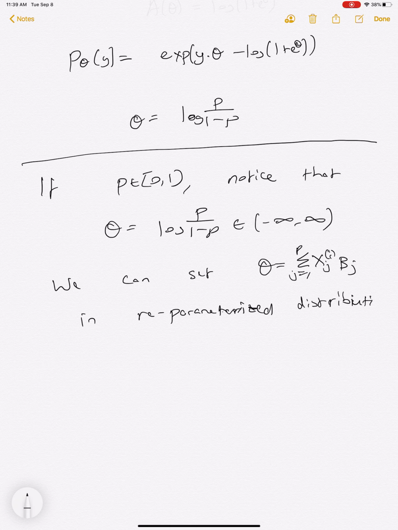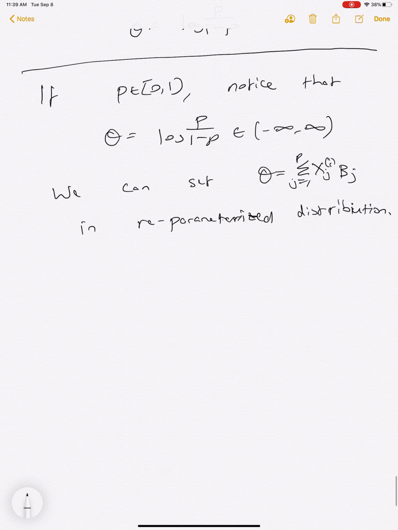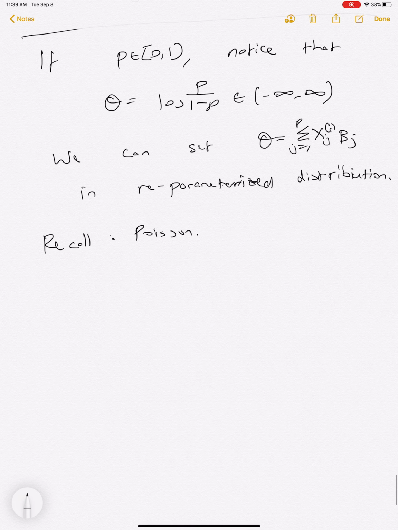Okay, and the absolute last thing I'll say here, and we'll go into this in a lot more detail in the next lecture, is that we'll go back to the Poisson example and see if the same thing happens there. So if we look at it in terms of lambda, we get e to the negative lambda, but then if you look at it in terms of theta,